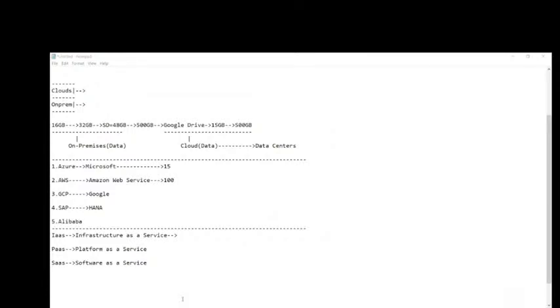Whenever you want to change the operating system, this operating system and all this is provided in the form of a service called what? Infrastructure as a service. Sorry, platform as a service. It is provided in the form of platform as a service. Suppose, guys, you require to change an operating system. So right now I'm using the Windows operating system,